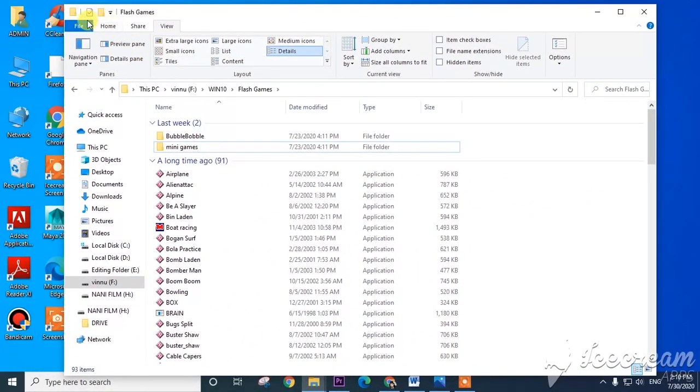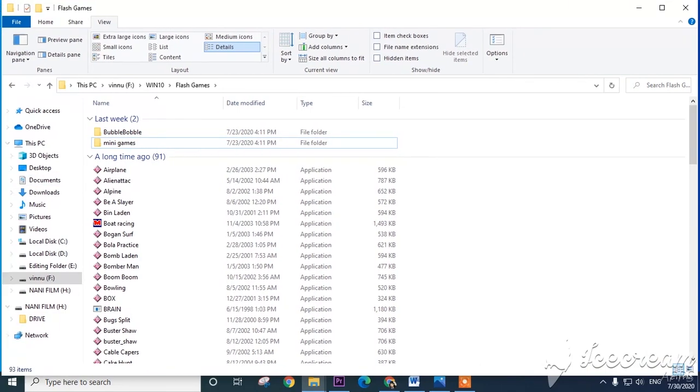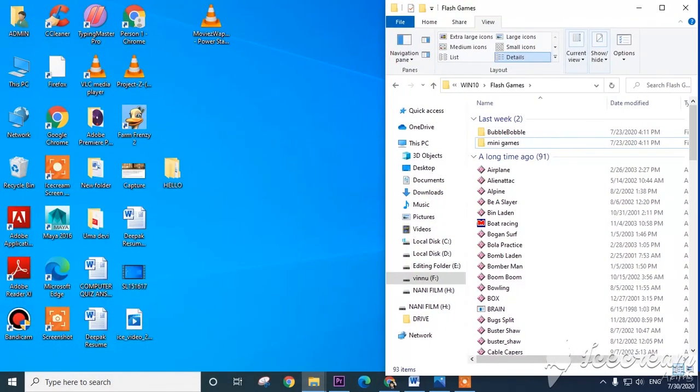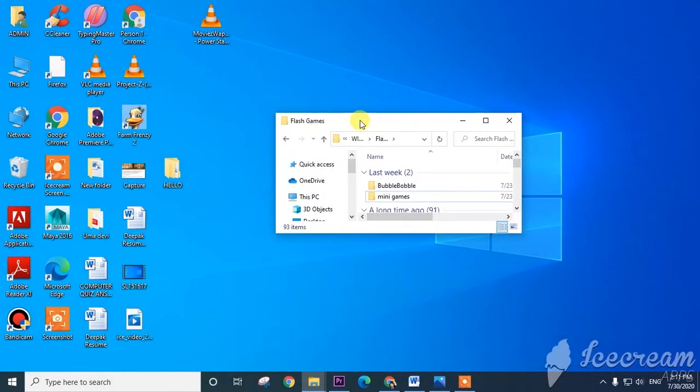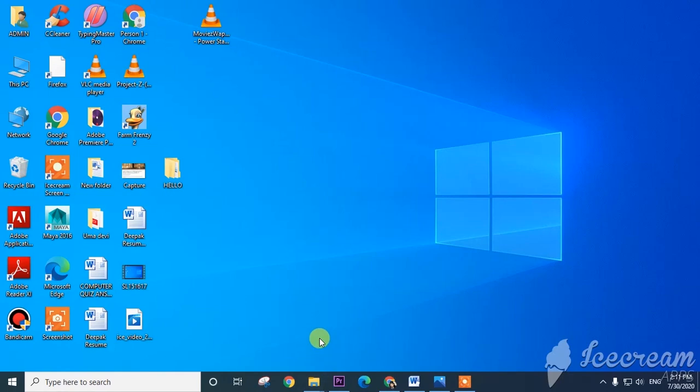Now how to resize this window? Same here, left click and the size option is there. Click that one and you can resize this one in this way. See here, I am resizing this one, big, small. See here. In this way we can resize our windows. Now let us see one more topic, the final topic.